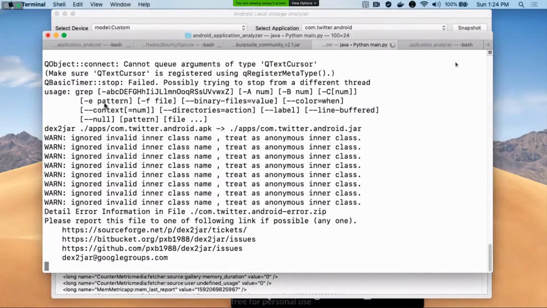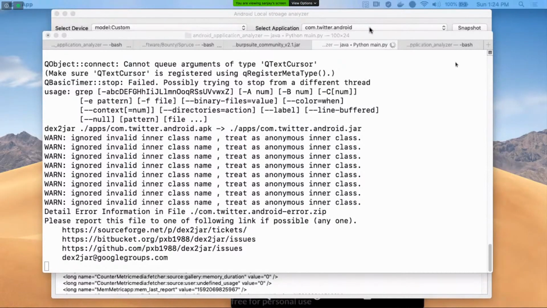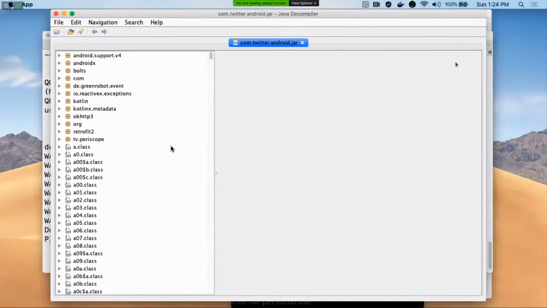Okay, it's working. Okay, so it's done. It just started the JADX for com.twitter.android.jar, because the application is too huge. So sometimes it takes time for the larger application.